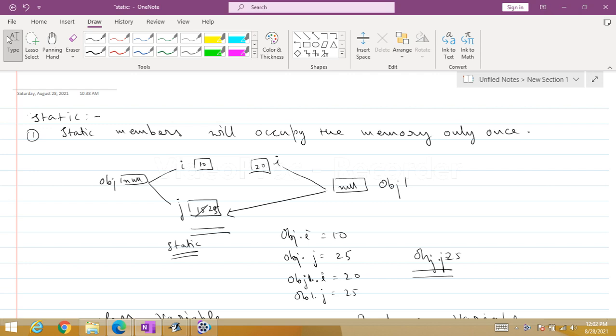Static members occupy the memory only once.